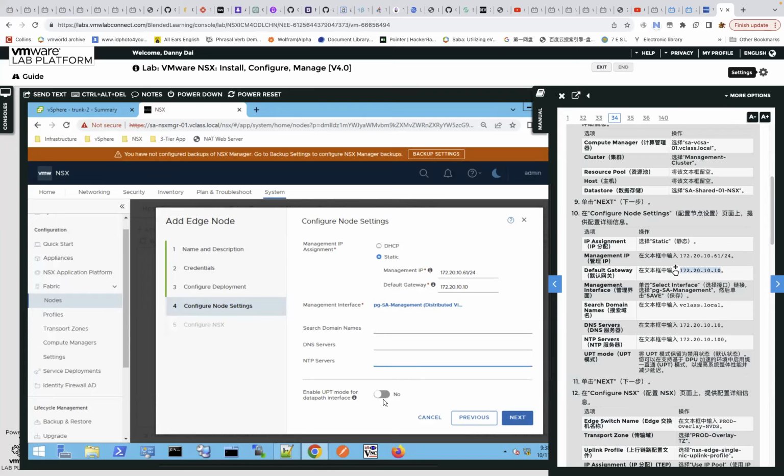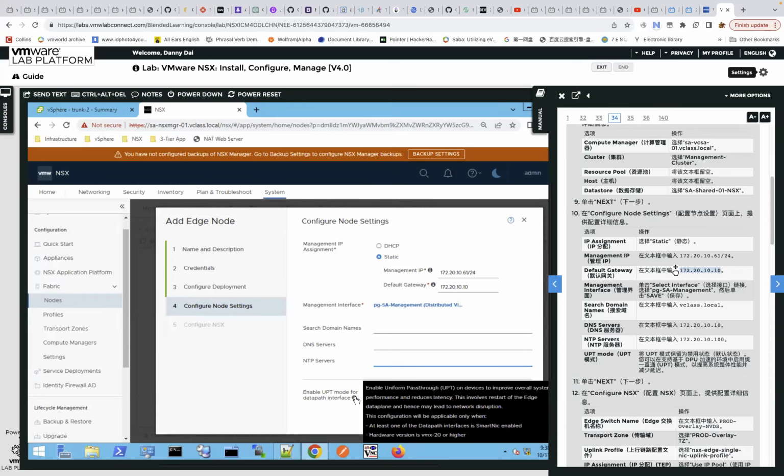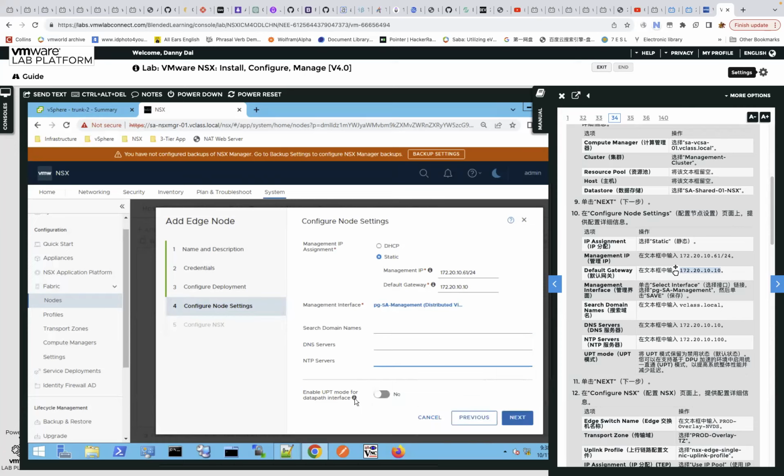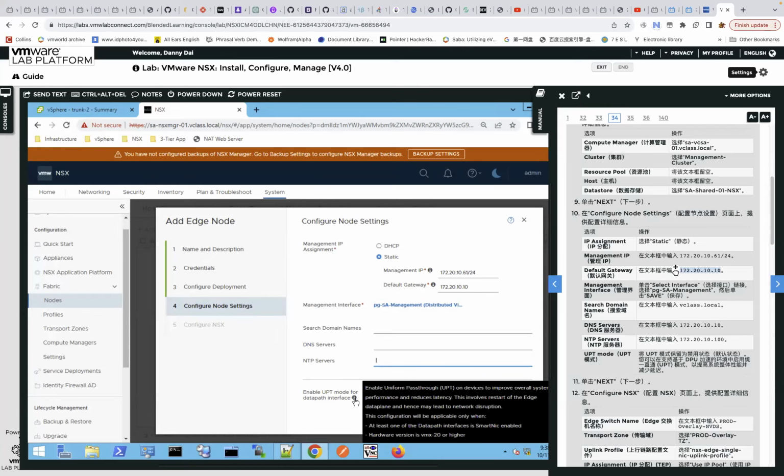Leave them blank, and here enable UPT mode for data path interface. What does UPT mode mean? It means that UPT is related to GPU. So the latest news for NSX 4.1, we finished testing the GPU on 2 types of GPU card, GPU adapter for NSX forwarding and routing uses, and also